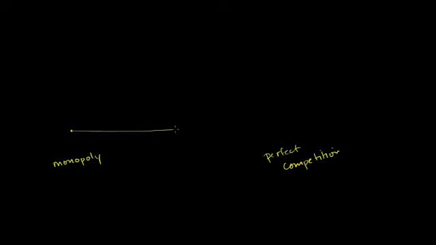So in one dimension, I'm going to think about the number of competitors there are. So this is the number of competitors. And obviously a monopoly is one competitor. Perfect competition, you've got a bunch of competitors. So I'll put one right over here and a bunch of competitors. If this was 0, then there wouldn't even be a market to speak of. No one is participating there.